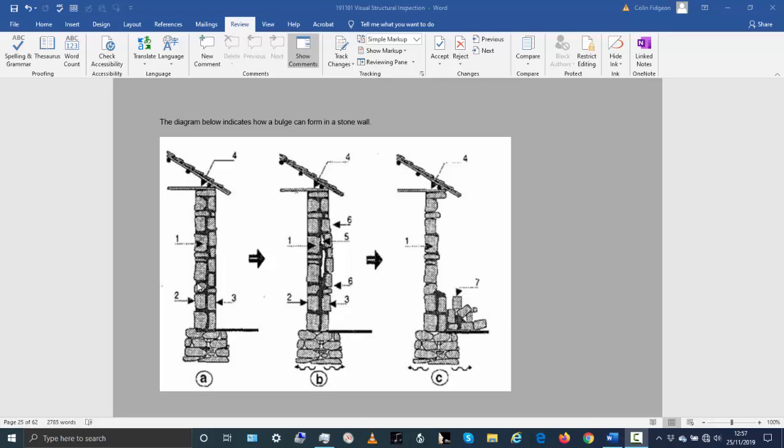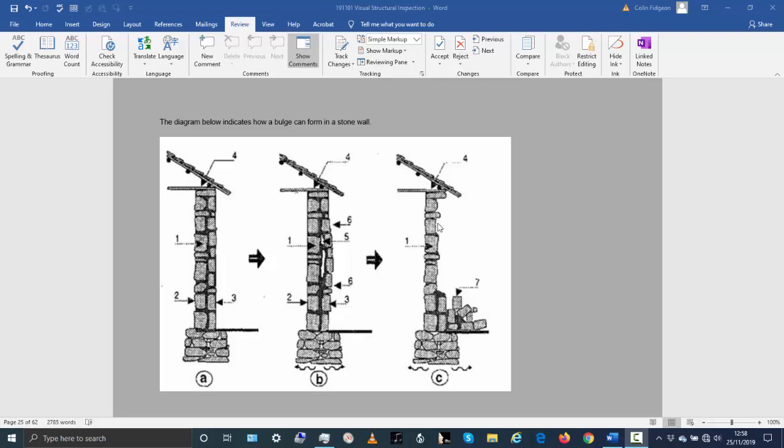Now sometimes there can be through stones, and the through stones will help tie the two walls together so that you don't get bulging. But oftentimes there were no through stones, or the through stone may have cracked, something may have happened, and a bulge has formed, like this. And in an extreme case, what can happen is, that's the bulge there, you can see there's a cavity created.